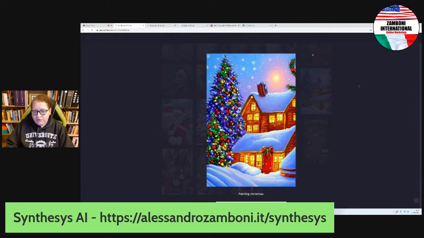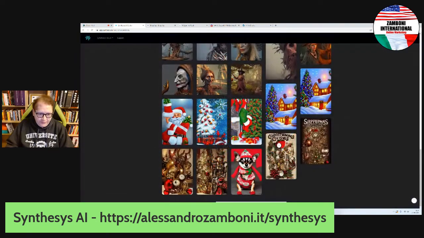Okay. This is a very good design where the only thing I have to do is clean away those 2 pieces of Christmas tree. And here instead convert this to blue, unless you want to leave 2 Christmas trees. But it's very good. It's a painting of Christmas. There's the snow, there's the lights inside the house, so it's pretty beautiful. Here instead are other things, but they didn't come out in a very good way.